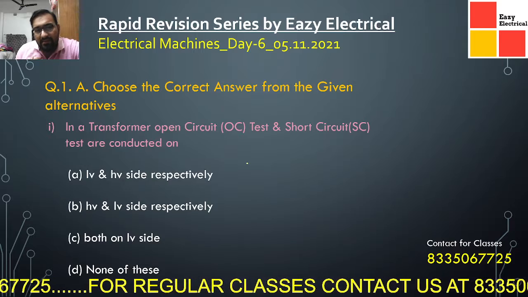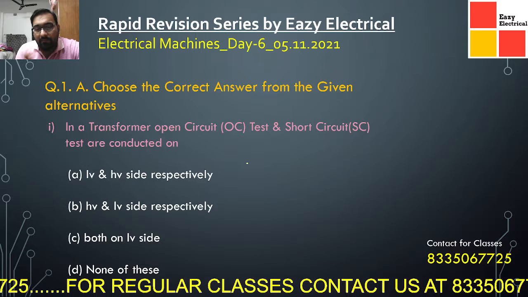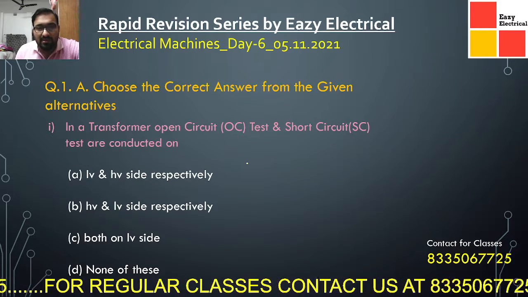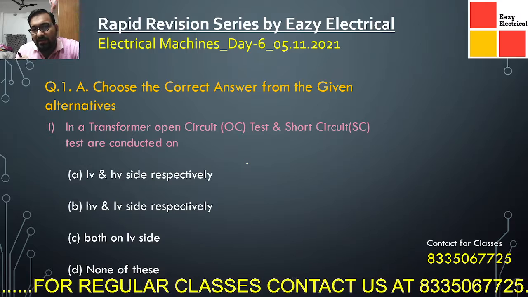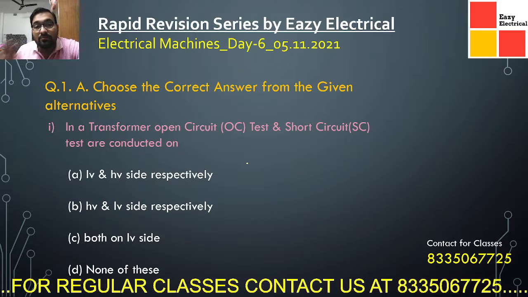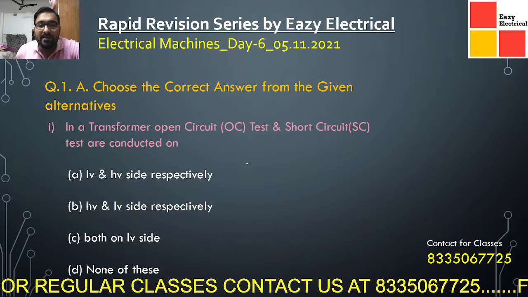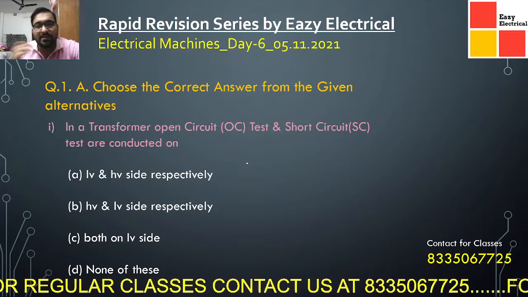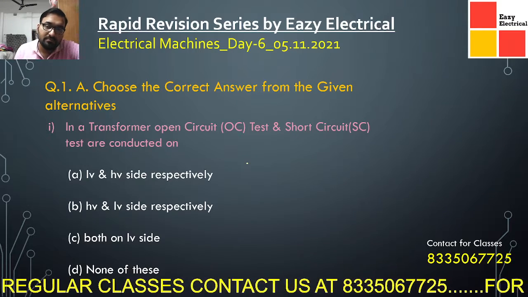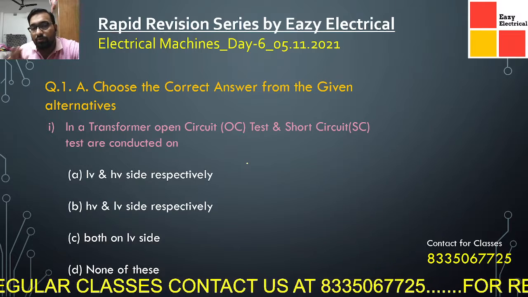If we have the capacity to perform all the operations, that is the open circuit test or short circuit test, we just require the designed or the specified ratings of the instruments. If we had the instruments, we could do both the open circuit as well as the short circuit test on both sides, HV and LV. But due to the limitations of the instruments we have, we cannot do that.